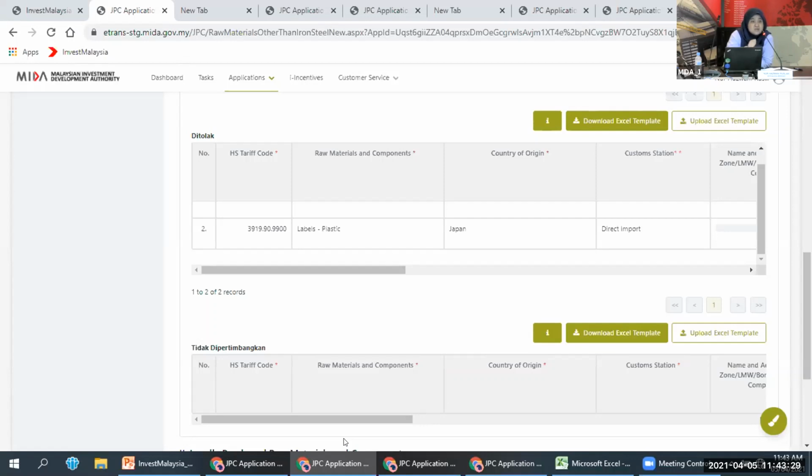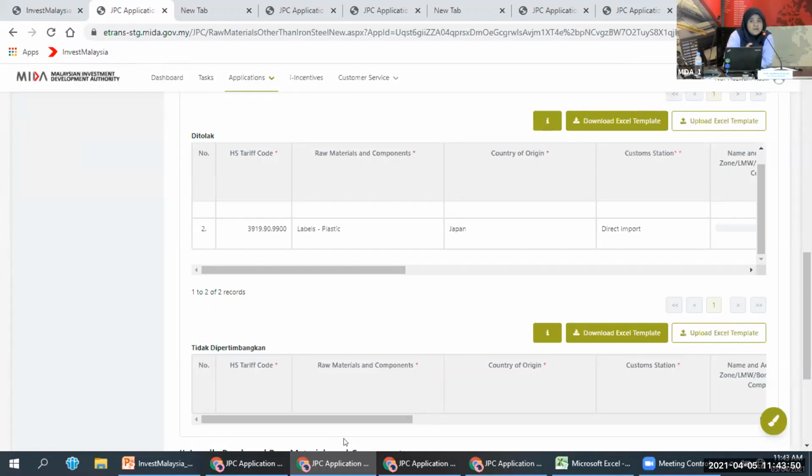If the HS code is wrong, you have to key in the wrong HS code accordingly. You can apply for amendment in Invest Malaysia to amend the HS code. So that's the reason why we don't have HS code validation in the previous approval form.